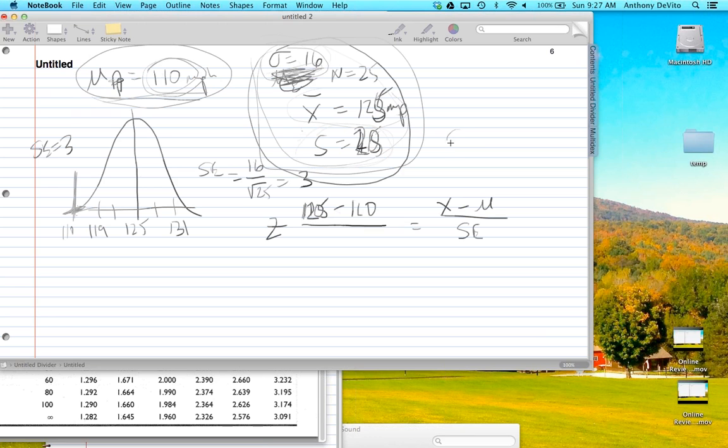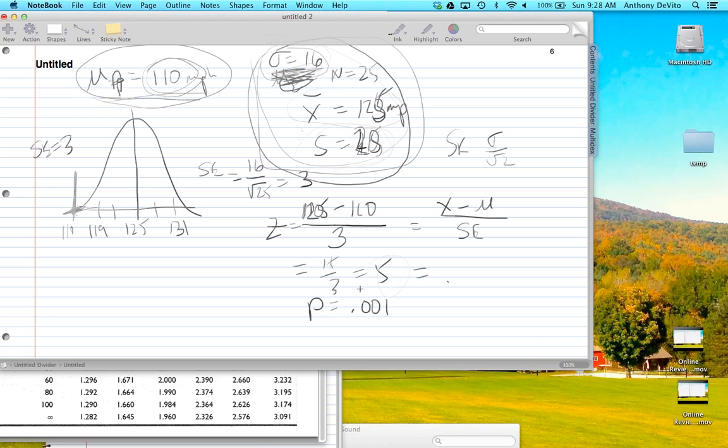The standard error we've calculated: standard deviation over the square root of the sample size. That was equal to 3 in this case. What's the probability? How many z values apart are these? Well, it's 15 over 3, so that's 5. We're not even going to find that value 5 on the z table. The probability is going to be less than